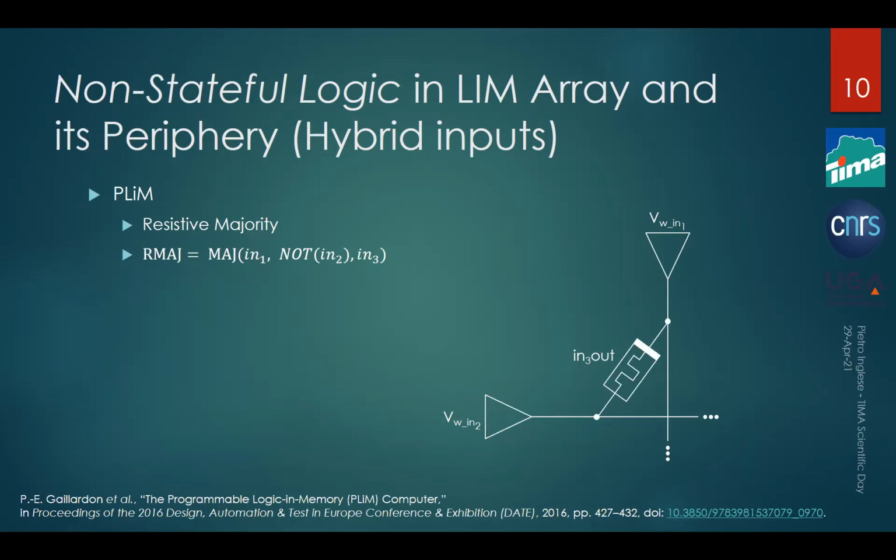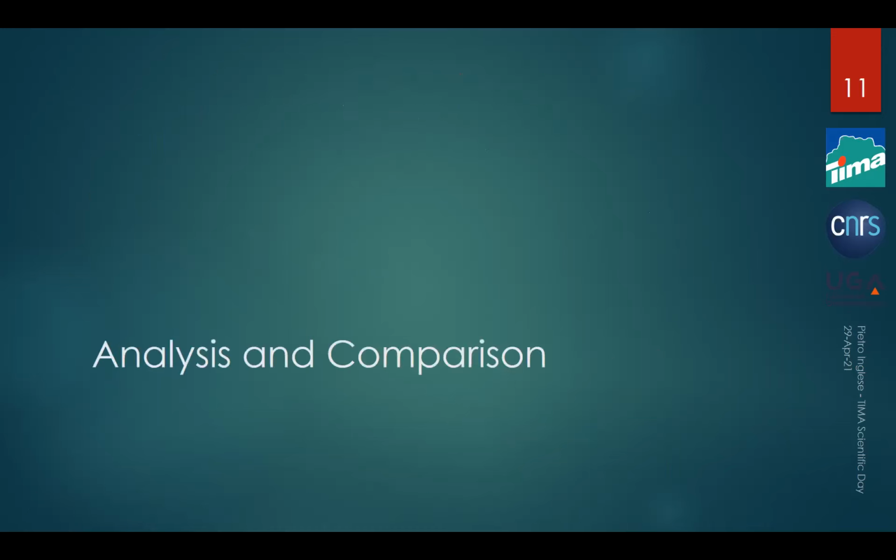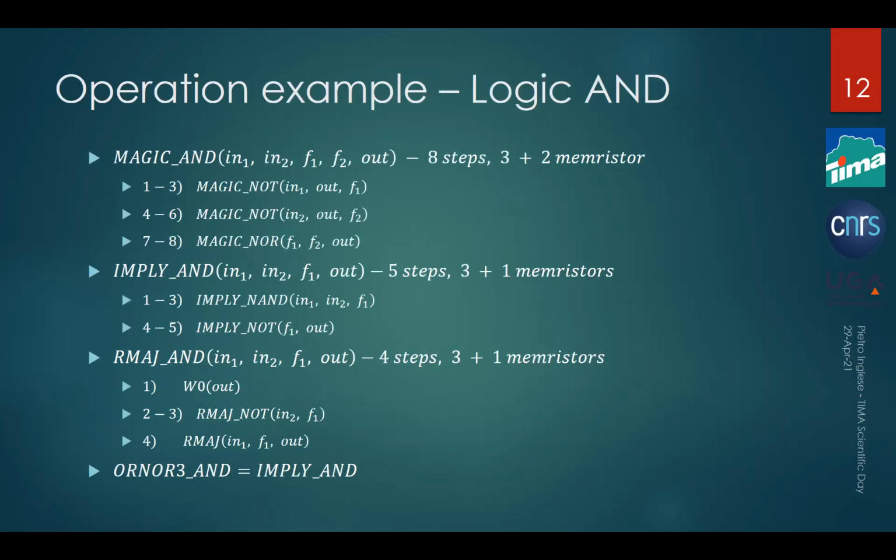Having in mind these three different classes with the 5 solutions that I presented to you, what I've done is a manual mapping of the various solutions. And now I will show you an example. For example, taking the MAGIC, the IMPLY, the resistive majority, and the OR-NOR tree, that in this case is the same as the IMPLY, and trying to perform a logic AND